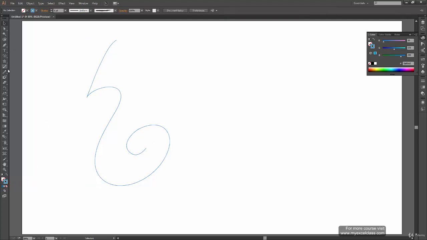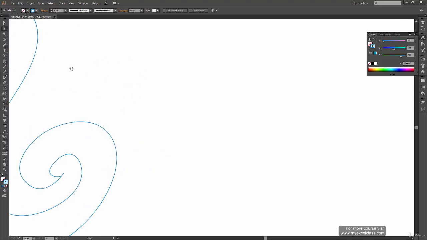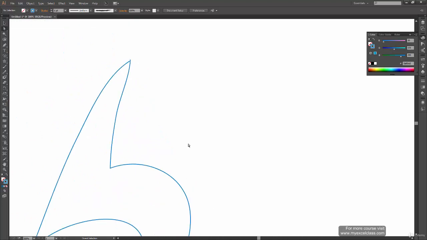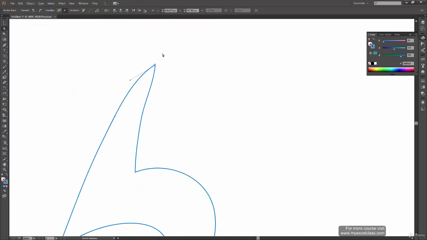Alright, so let's draw another shape over here. Okay, so this has come out good. Now let's select our direct selection tool and we are going to make some changes in these two paths. Alright, so move this one over here and this one over here.